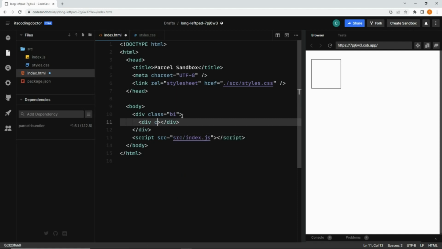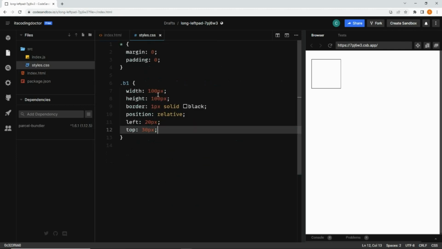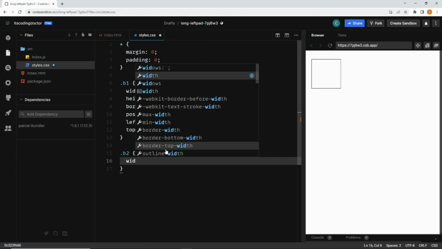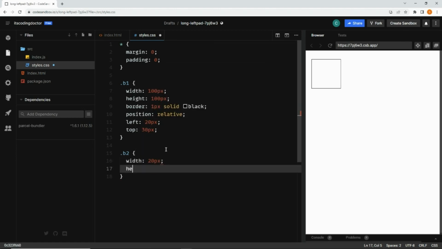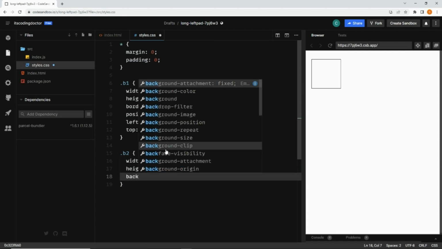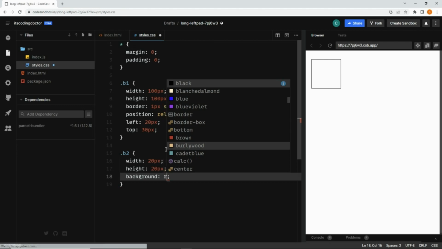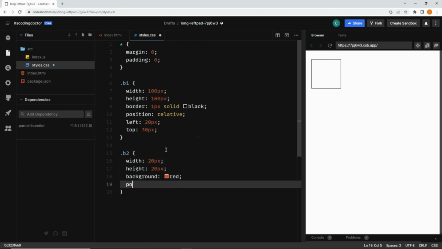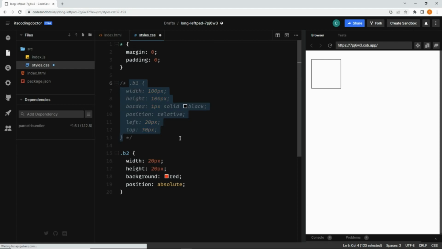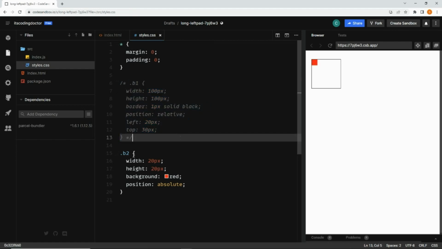Okay, and here I can write class B2. Okay, let's save it. And for the class B2, I'll be adding some basic styles like width 20 pixels, height 20 pixels, and I want to have a background color of red. Okay, and I'll give it a position of absolute. Okay, and to show you how absolute works, I'll be commenting this B1 element, which is the parent of B2,